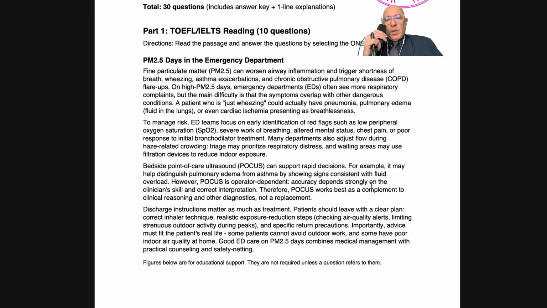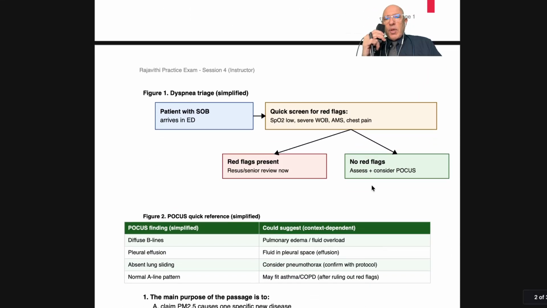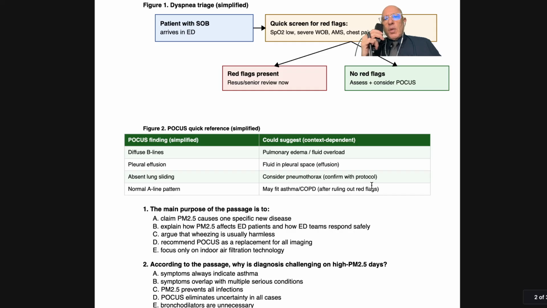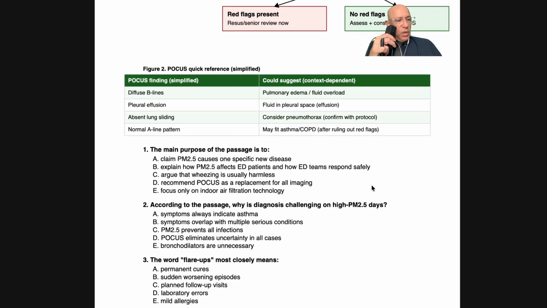All right, let's take a look at the multiple choice questions related to this. And here's a diagram that illustrates this issue in a clear, well-organized format. The main purpose of the passage is to